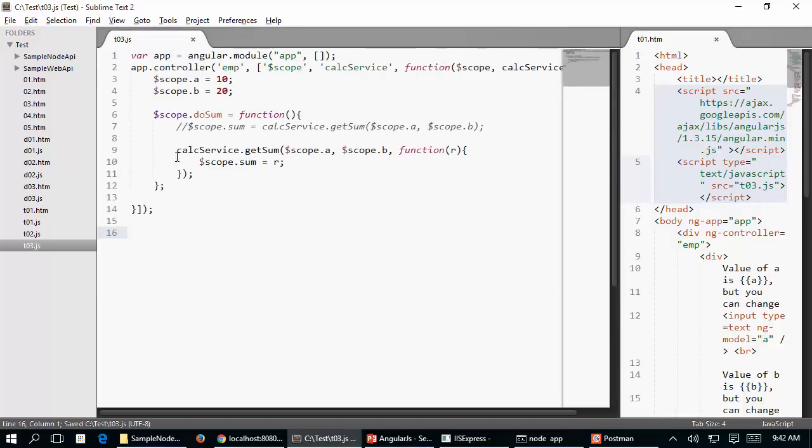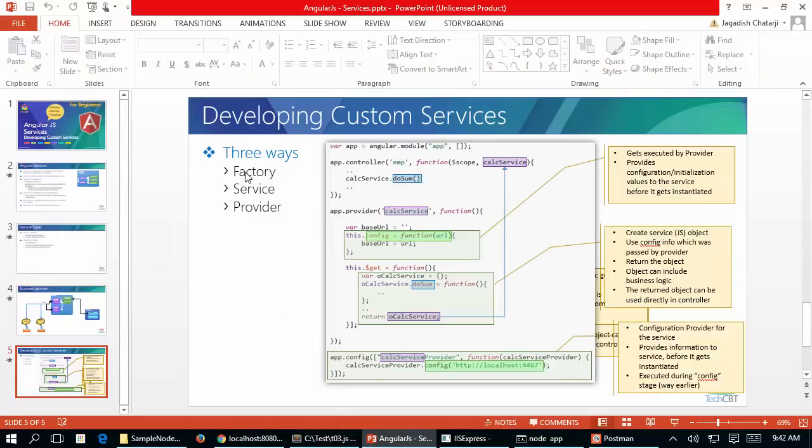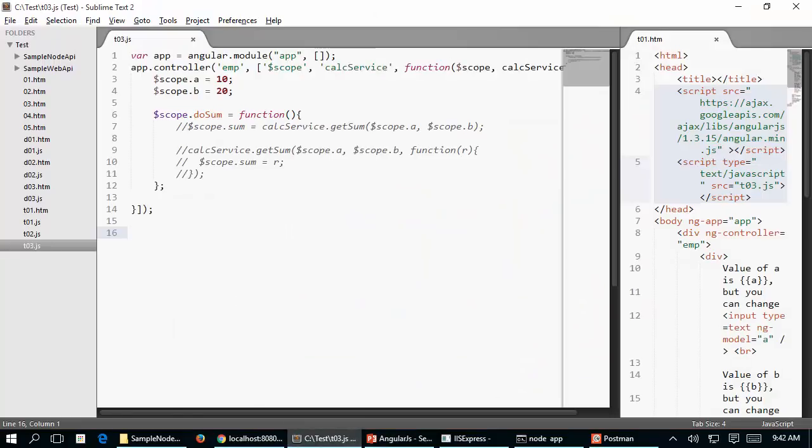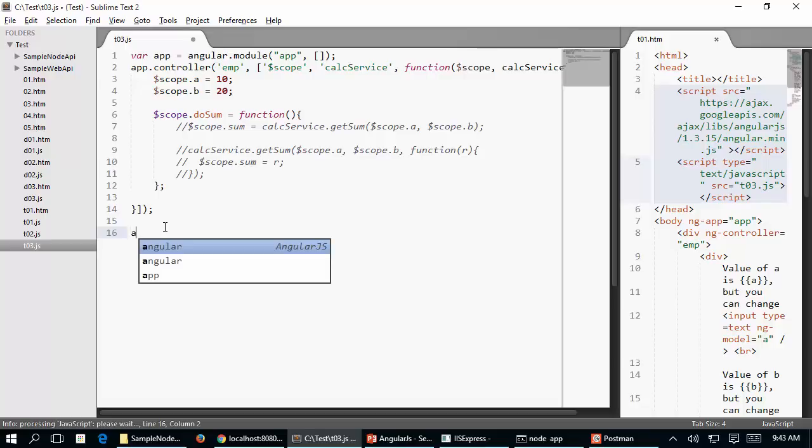Okay, and again, imagine I would like to have everything commented. Now is the third way, that is provider. So we have seen factory and the service, and now it is time for the provider. So let us see how the provider can be done. As I mentioned, first of all, we need to have the configuration to be provided. So in this case, I would like to call this one something like app.config,